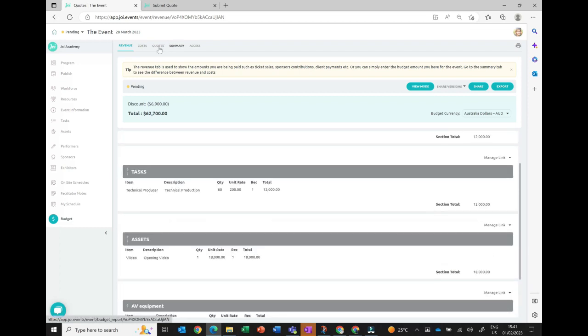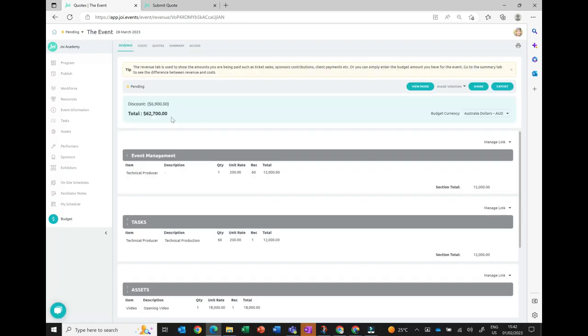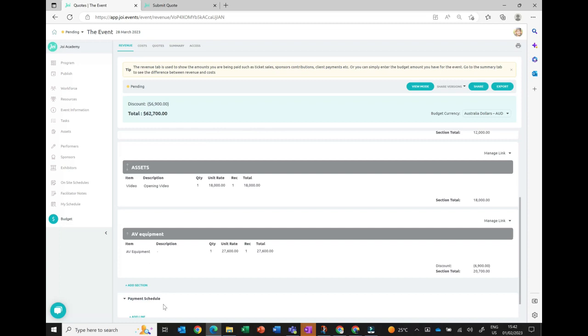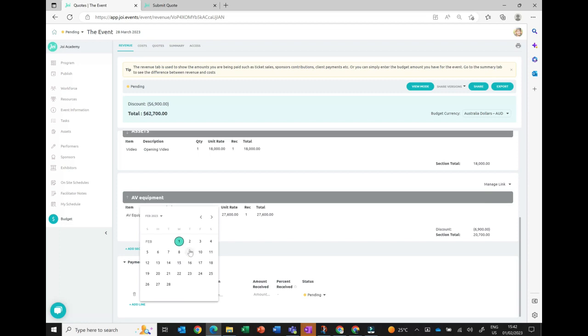Now, if I go to the summary page, I'll see that my total revenue, what I want to bill the client, is $62,000, costs $38,000, and my margin of 38%. But I also want to sort out that payment schedule. So I can click down here and go, when do I actually need payment from the client? Well, I need a deposit so I can pay for everything beforehand. So I'll request a deposit by that date, and let's say that deposit is $35,000,